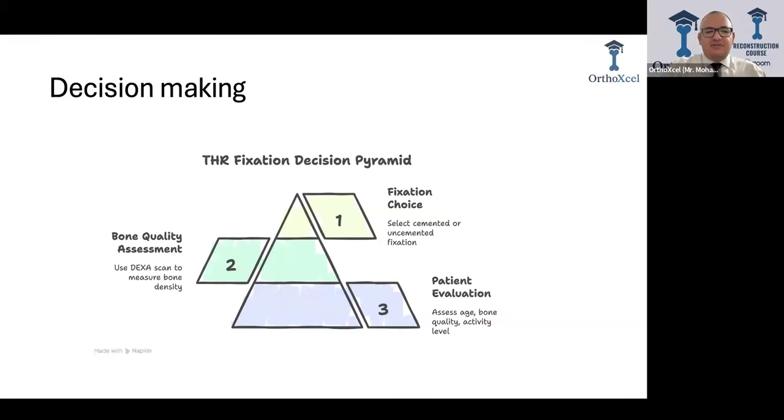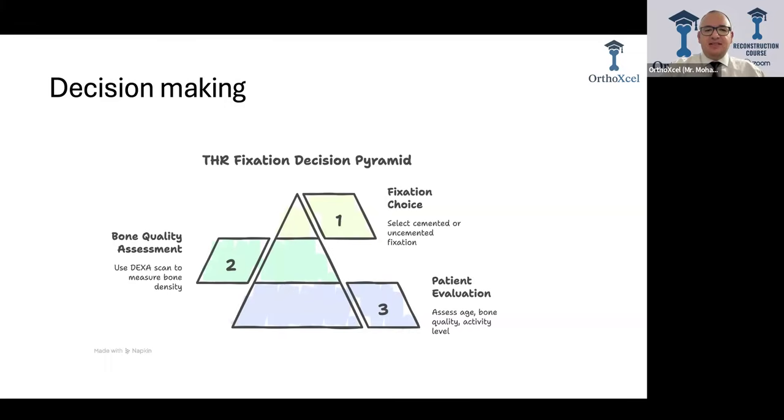So how will I decide? I'm in front of the patient, planning my total hip replacement. Will I go for a cemented or uncemented fixation? I need to decide. The decision pyramid is very simple. You need to look into the bone quality of the patient, then the patient characteristics or patient ID, and after that decide about your fixation. So if the patient is young, needs the hip for a long time, and bone quality is good,